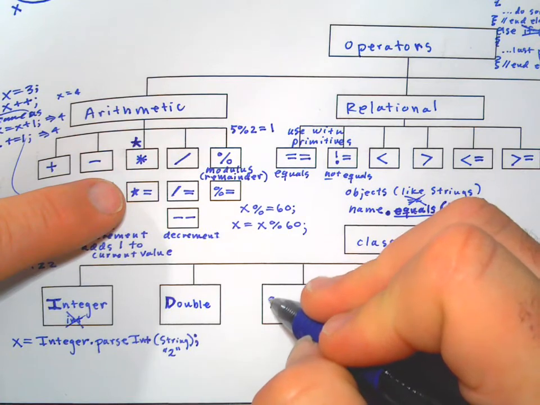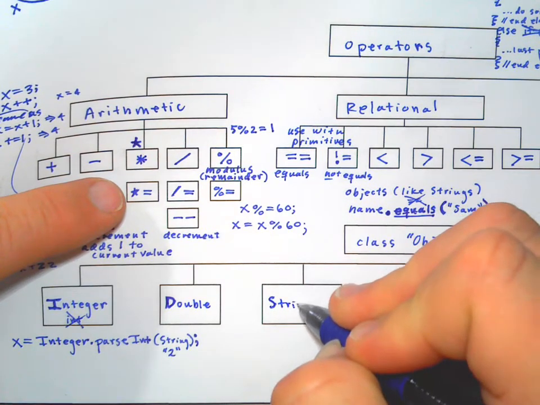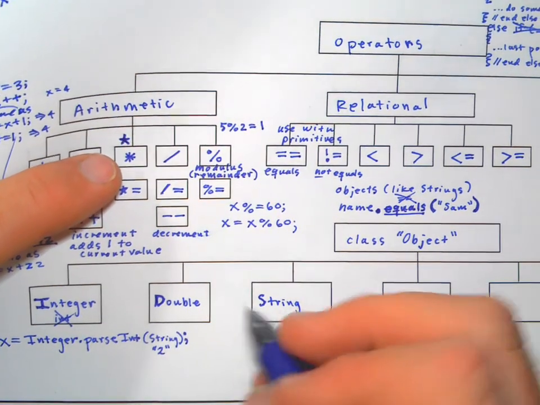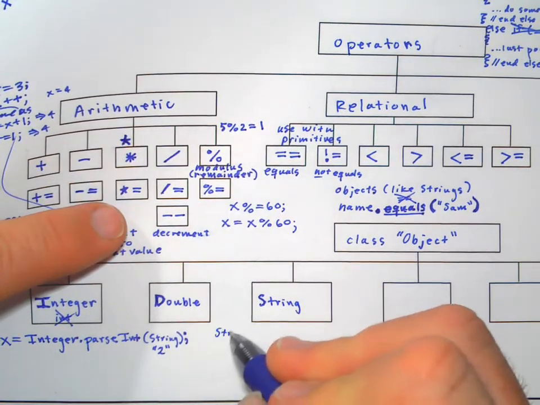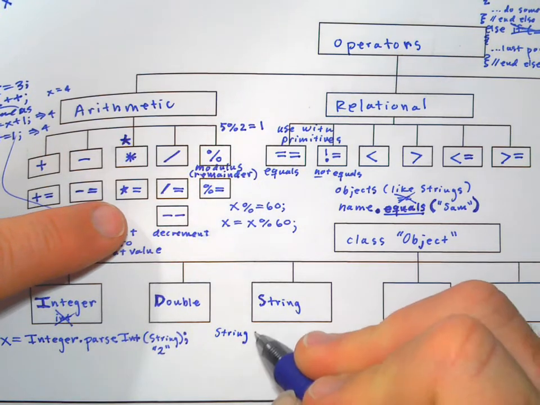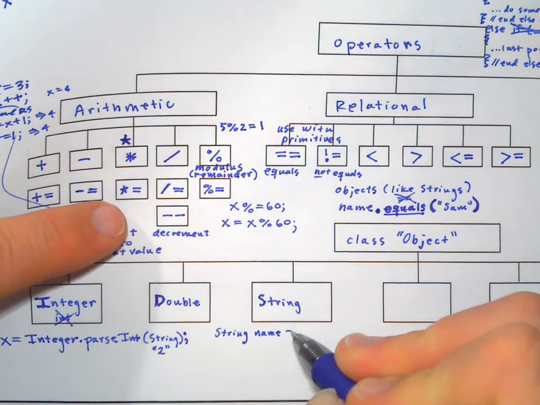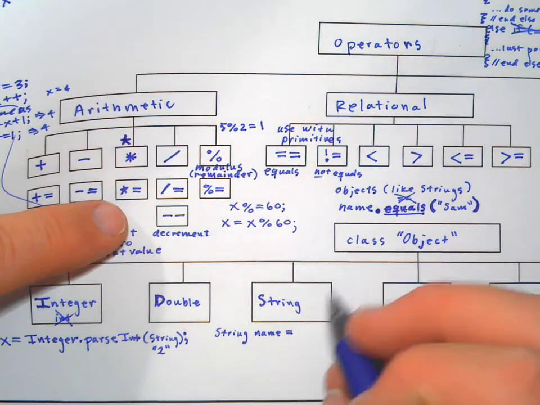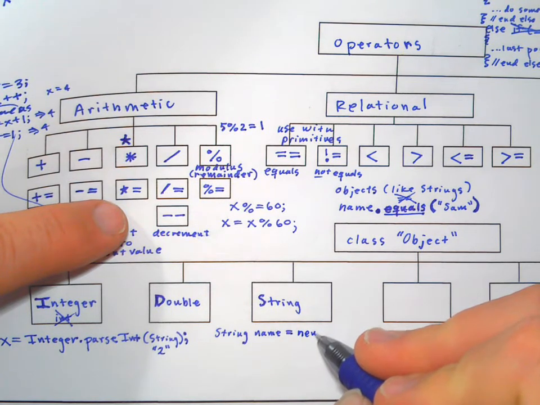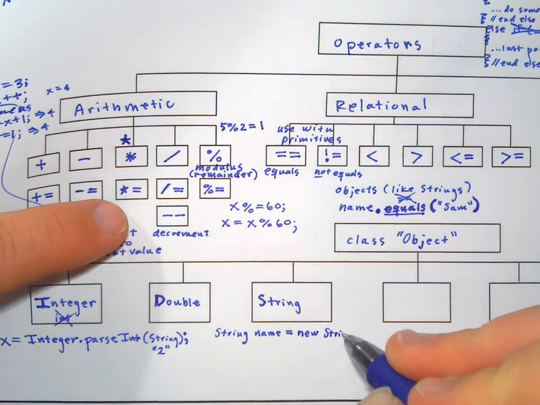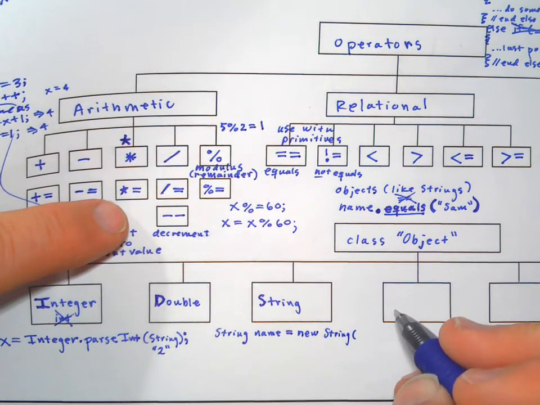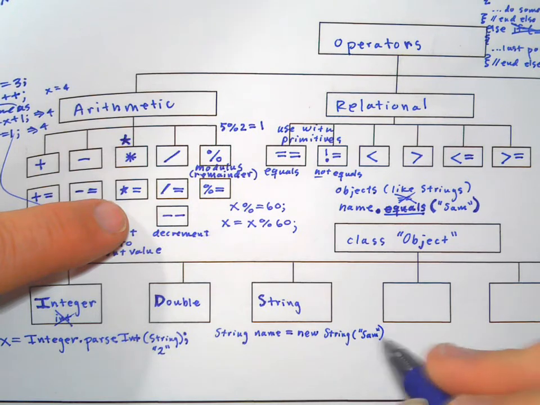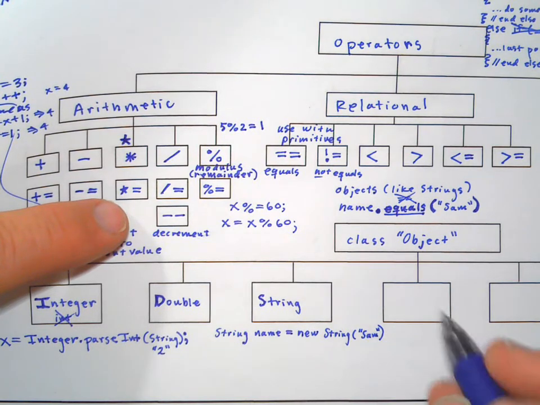There's this string class. Now, classes always start with capital letters, so that's how you know it's an object. We've been using strings a lot. So, quick example of the string is a string name. Now, in general, when you create an object, which we weren't creating integer or double objects, we were using some of their methods, but if you create an object, you always say new, and you say the object name, and then you have to give it some kind of argument. Some of them you don't have to give anything,